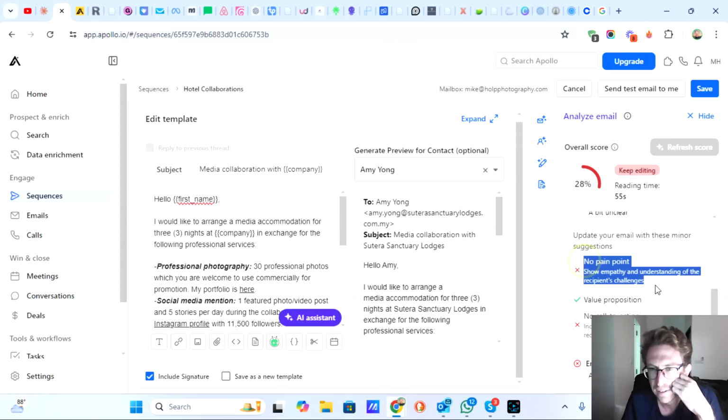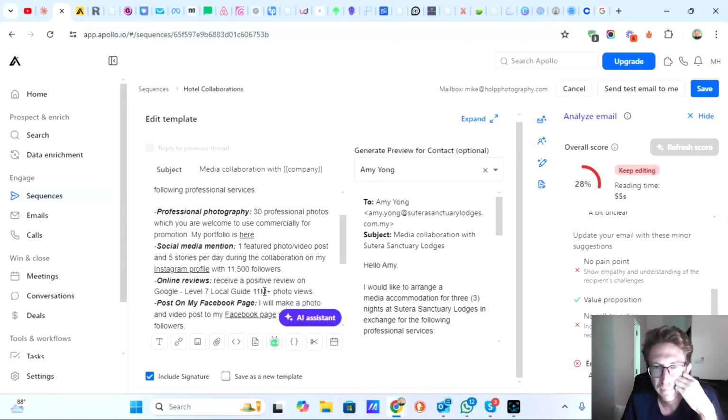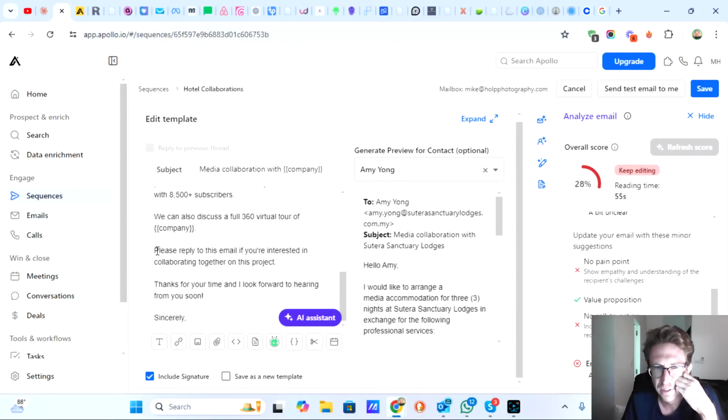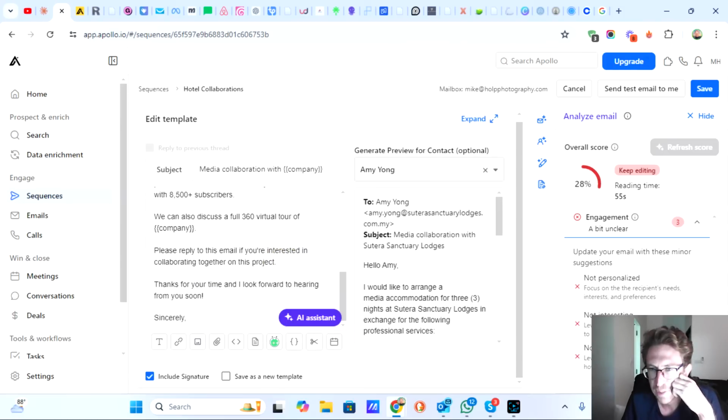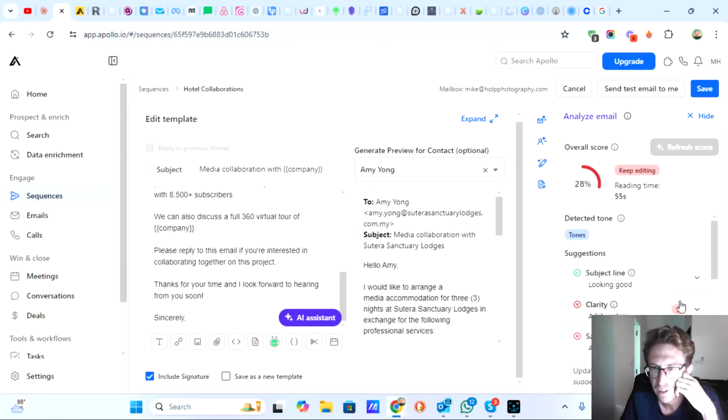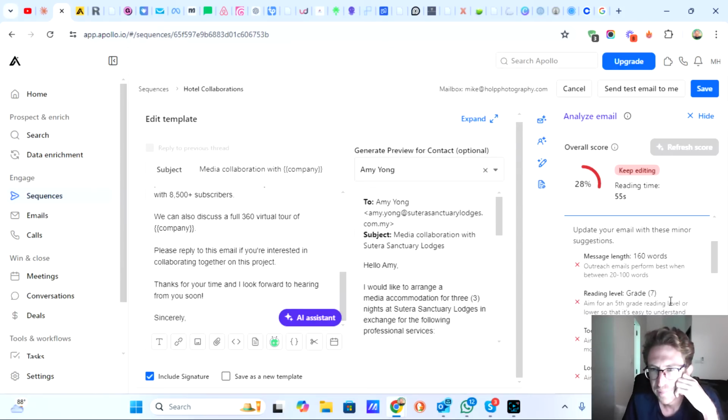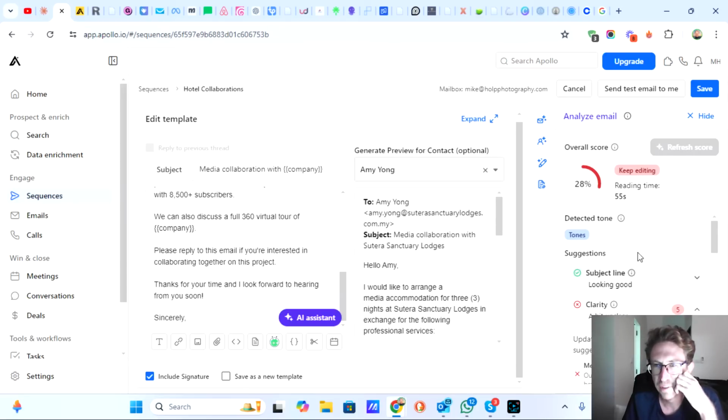It's recommending different things, like apparently I don't have a pain point in the email. There's no call to action, which there is a call to action. I would say please reply to this email. Engagement, it says it's a bit unclear, not personalized, not interesting, no social proof, which is something I should probably include. But reading level, it should be more simple. So these are ways that you can actually improve your email, which it looks like I should probably do,